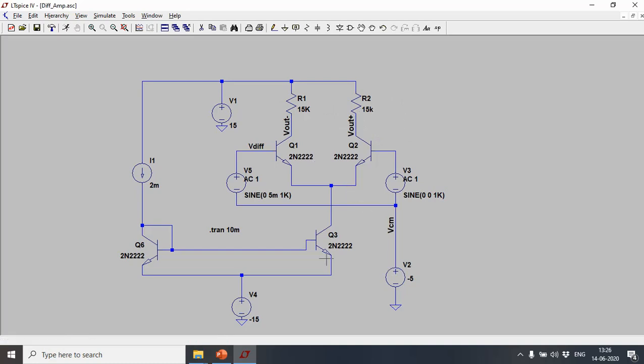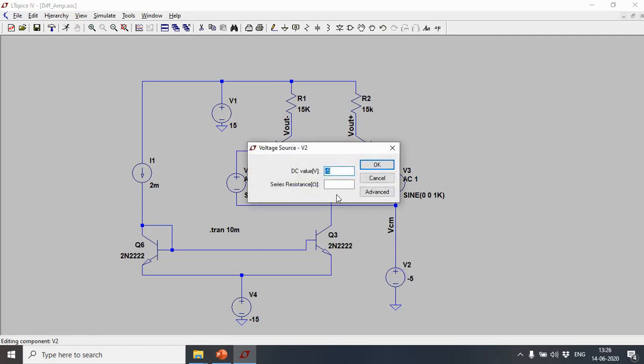So first we need to find out this ICMR. We need to find out what is the voltage to be applied here, so that 1 milliampere flows in these two transistors. So it will have a minimum voltage and a maximum voltage. Minimum voltage for 1 milliampere to start flowing here, and again when you go to the outer limit, when you keep increasing it here, these two transistors will come out of saturation because more current is flowing through these two resistors. So to find out what is the ICMR, let me first define this as a variable.